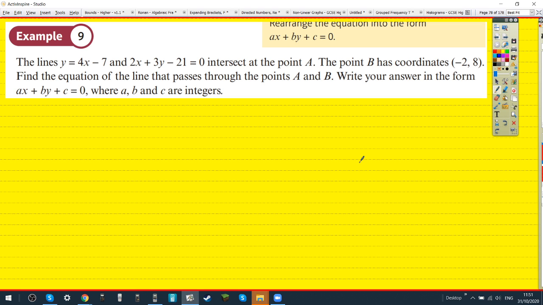So for the first one, do you sub in minus 2 and 8? No, because these lines don't go through B. They go through A. So could you, okay, let me see. So could you write out